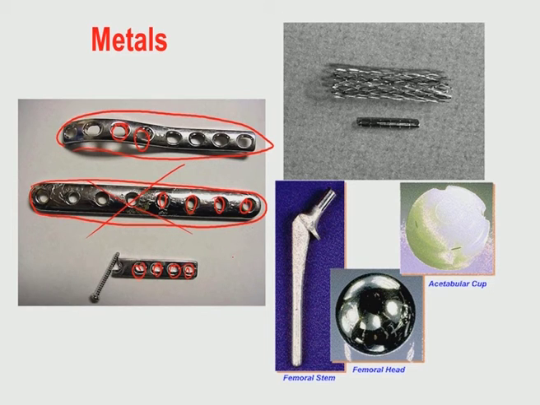Also, you can see a nail, which is used to fix the plate during trauma surgery or various other orthopedic surgical applications. These nails can go into the hole and then can be fitted into tissue or bone structure. This is a simple example of the femoral stem as well as the total hip joint replacement. Here you will have the femoral ball head that is fitted here, and you have the acetabular socket which is going inside.